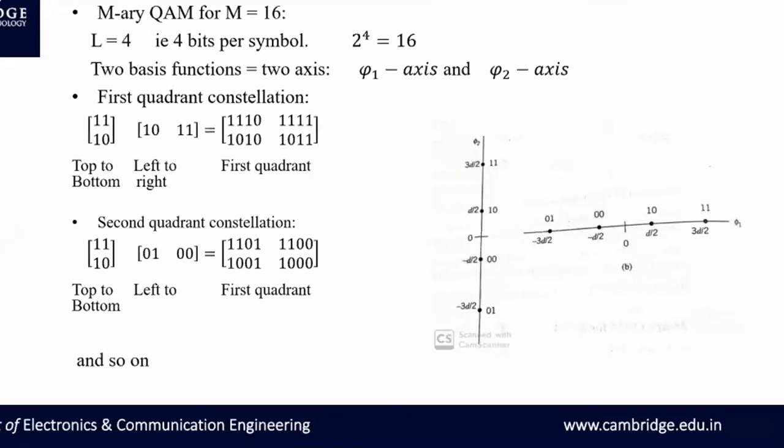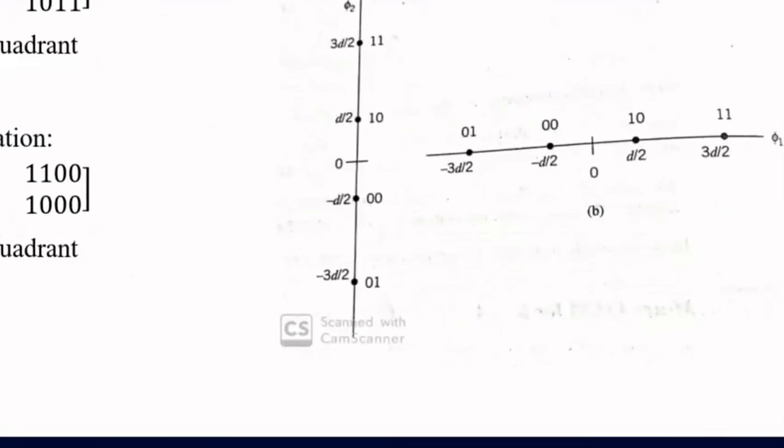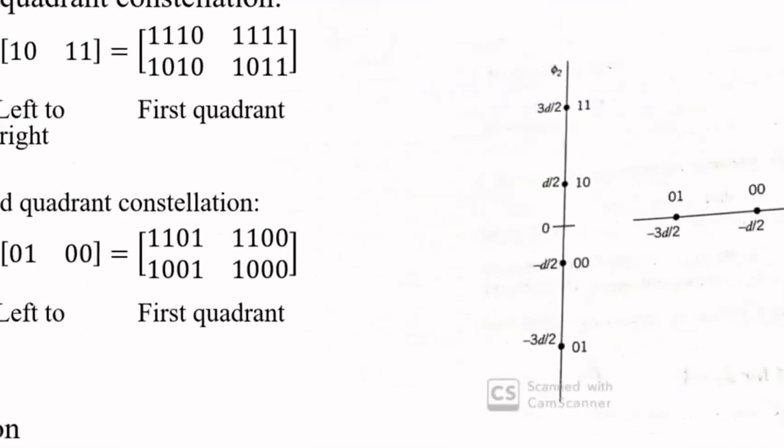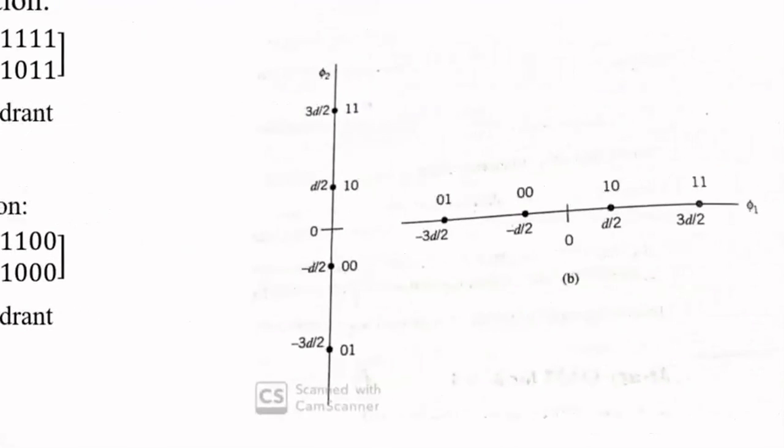Now, look at the x-axis. I have identified the midpoint 0. When I identify the midpoint of this x-axis, 2 points go to the left side, 2 points go to the right side. Similarly, on the y-axis also, you identify the midpoint 0. So 2 points go above, 2 points go below. The distance between 2 message points on this y-axis is d. Distance is d, correct? So from the origin, it's going to be d by 2 on the right side, d by 2 on the left side, and d by 2 above and d by 2 below. Based on that, we have written the axis.